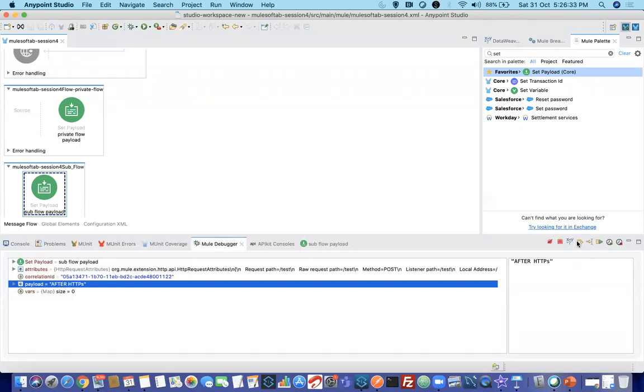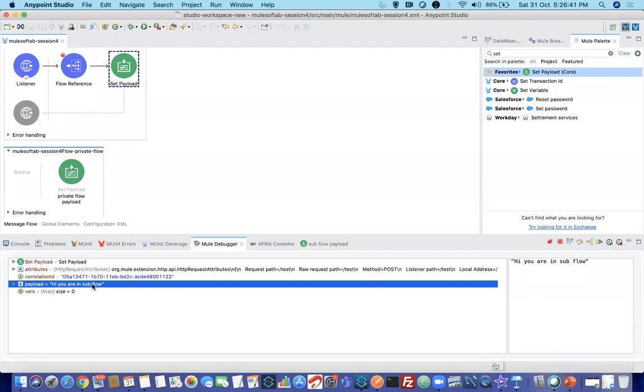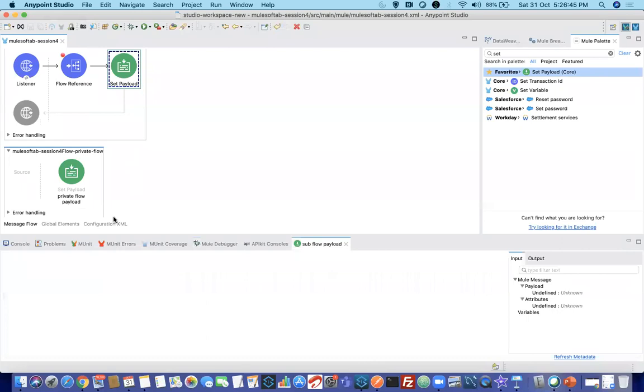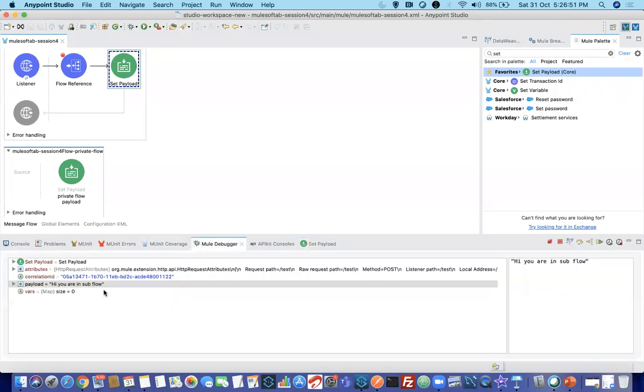After moving this to next processor, see, it came back to the next component of the flow reference. Now you can see current payload is hi, you are in subflow. There will be another question: what is the current payload value at this debugger point? Currently, your set payload has success, but it is not executed. So your latest payload is hi, you are in subflow. The flow reference goes to that particular flow, completes the execution and comes back to the next connector here.